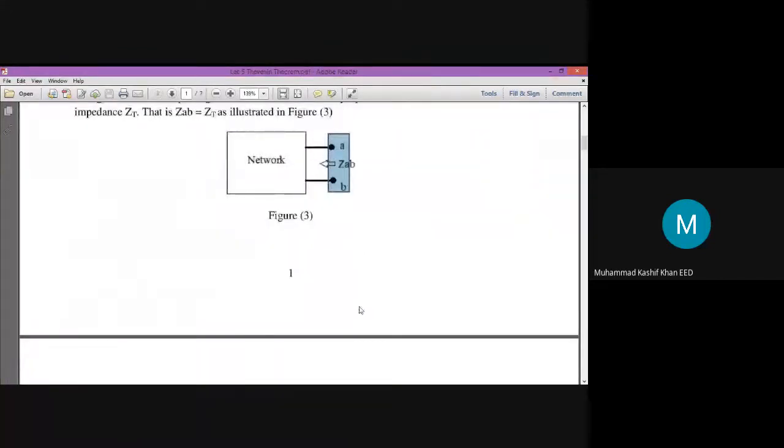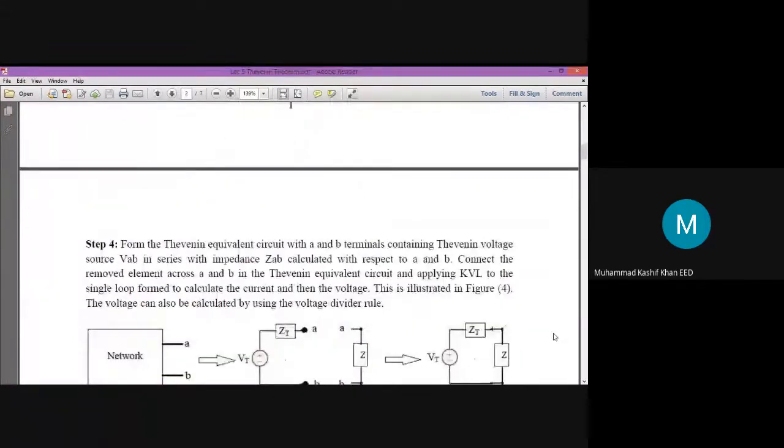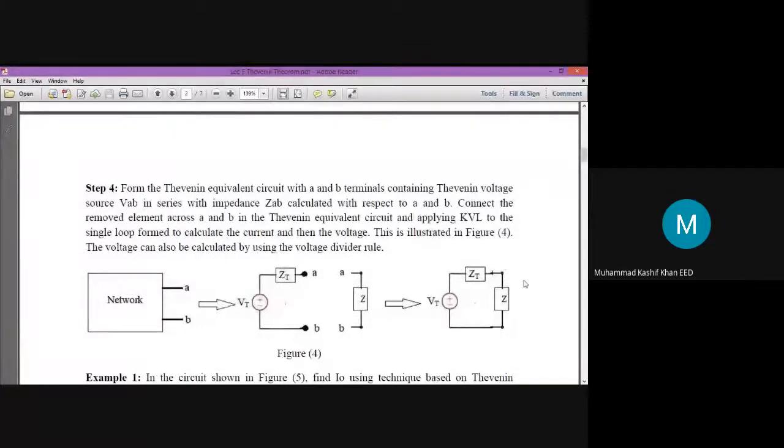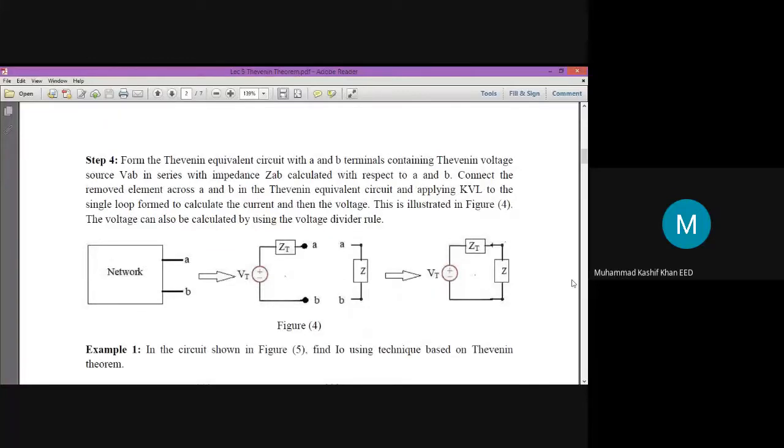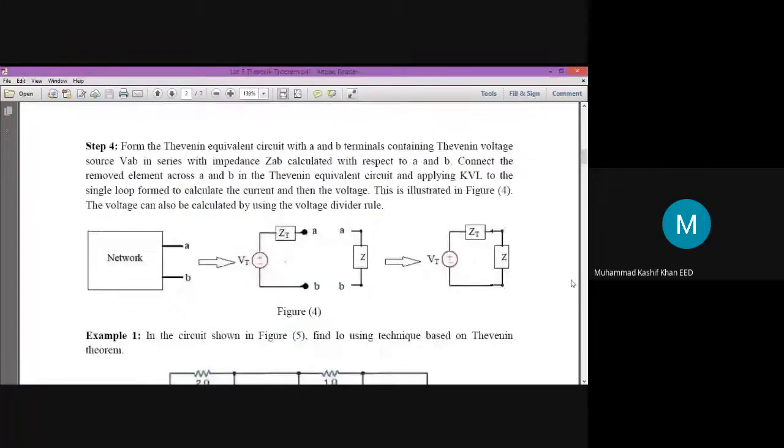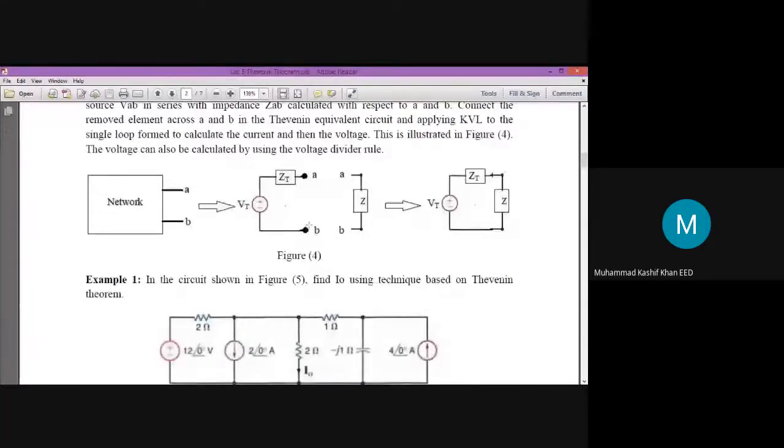Once you have found out the Thevenin equivalent impedance, then you can find out any value in your element of interest. How you can do it? You can do that by connecting Thevenin equivalent voltage and Thevenin equivalent impedance in series with your element of interest. And then you can find out any values in this element of interest. You can find out reactive power, you can find out active power, you can find out the current flowing or the voltage drop, you can find out the power factor, anything that you want. Okay, as an example, this theory will get clarified to you when I move towards example.